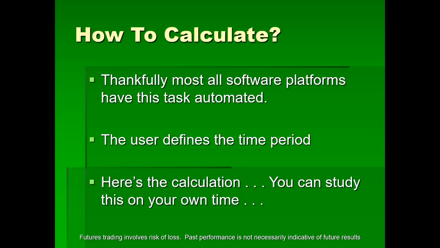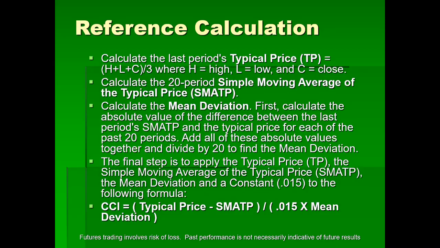Now, how do you calculate the CCI? Don't worry about it. The software platforms have this automatically done for you. You simply define the period. When I say define the period, that means you use either 20 or 14. Now, I'm going to show you the calculation, and